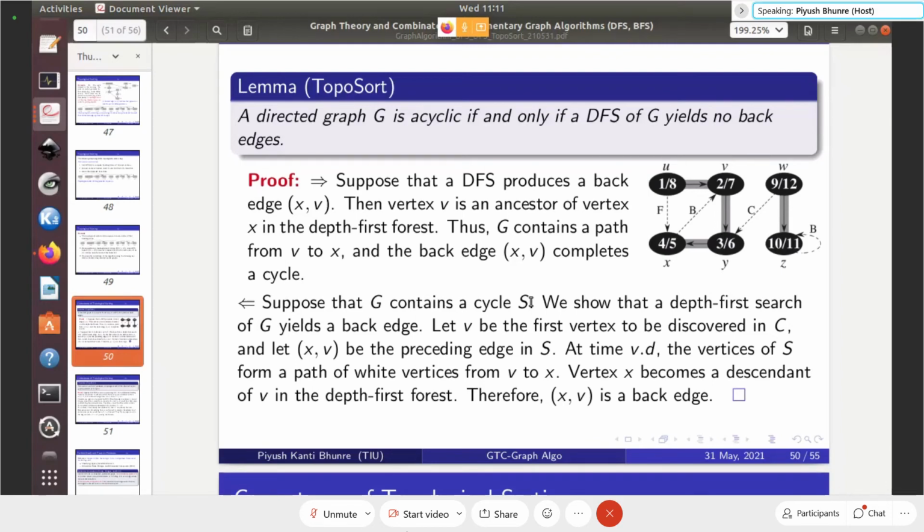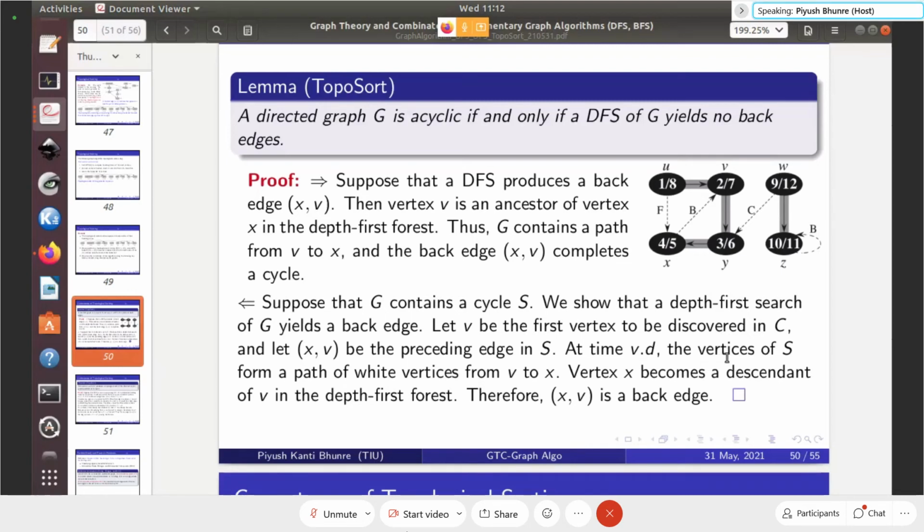So a cycle means a closed path. That means it starts at a vertex v and ends at a vertex v. So while it ends at the vertex, there has to be another vertex from which there is an edge. Suppose x is the just preceding vertex in the cycle S, then (x, v) is an edge. So then at the time v.d, the discovery time of v,